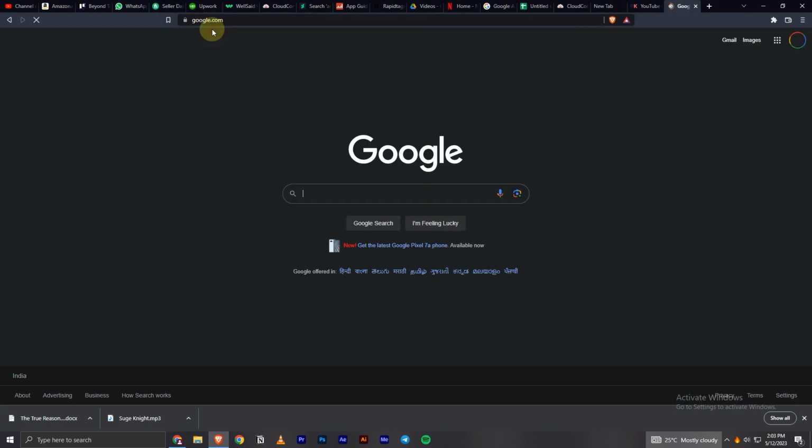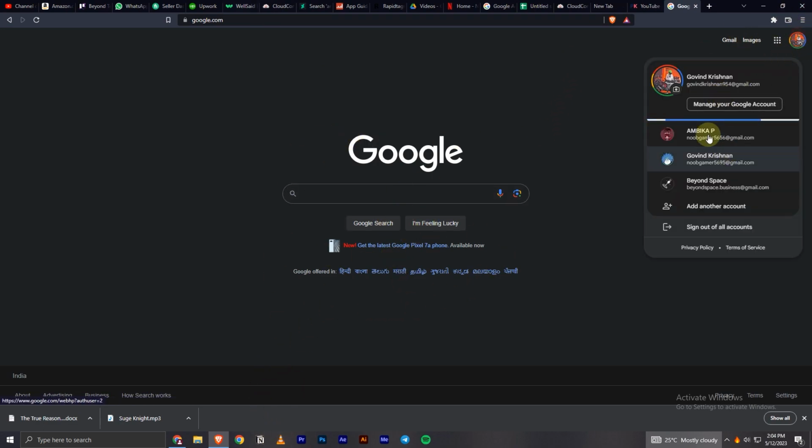If you haven't logged into your account, you will have to do it first. Once you're in google.com, you will have to click on the profile icon right here, and now you will see this option called manage your Google account. You will have to click on it,